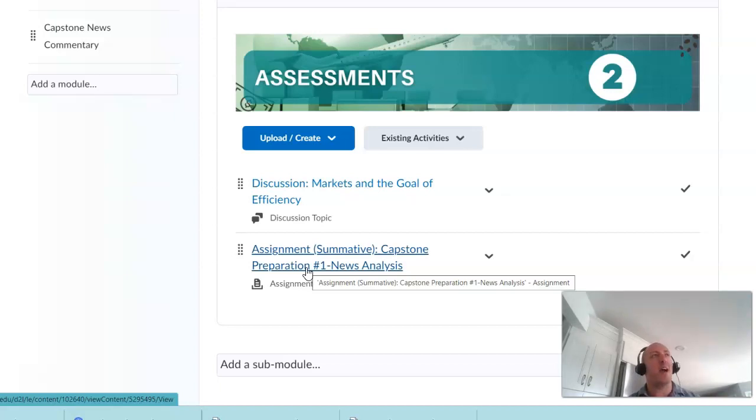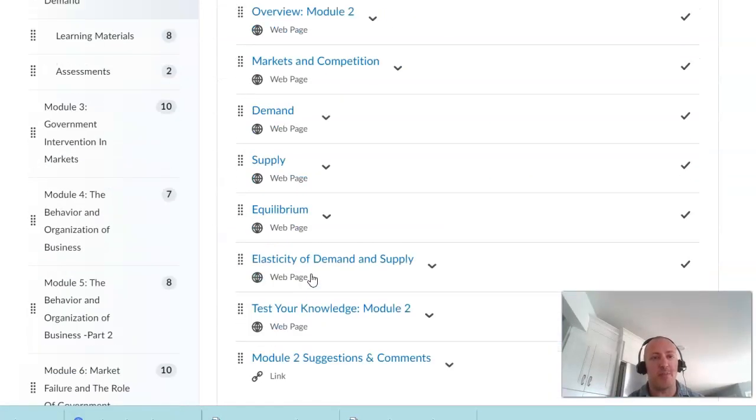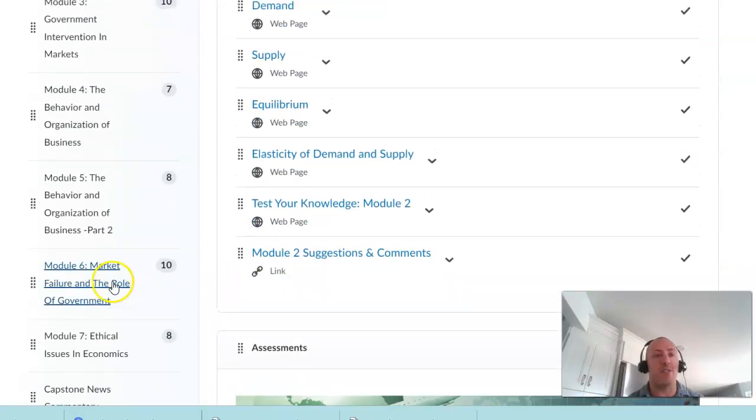These are meant to help guide you either to, in this particular example, you're going to find a news article that you can choose to use by Module 6 to finish your news commentary, or it's going to help you in applying theory before you're going to apply that theory to your news article. So it's either giving you the skill set and build, or also helping you complete a step in the final news commentary, which is your capstone project, which is due by Module 6.